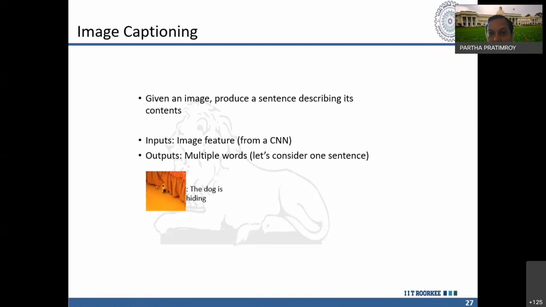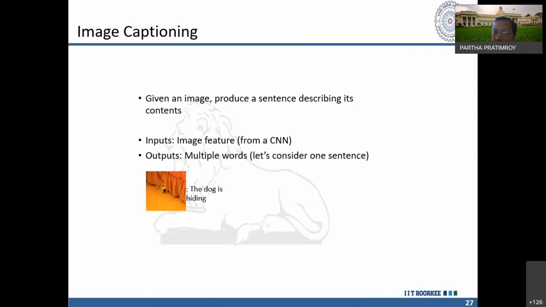Let us consider that, for example, in Facebook you put a photo, a picture, and Facebook itself tells you what the caption could be. For example, you are in front of the Taj Mahal: "I have taken the photo in front of the Taj Mahal." This sentence is constructed immediately once you upload the image. You do not need to write anything; the machine will generate it. So how does it generate the sentence, the meaning of this image?